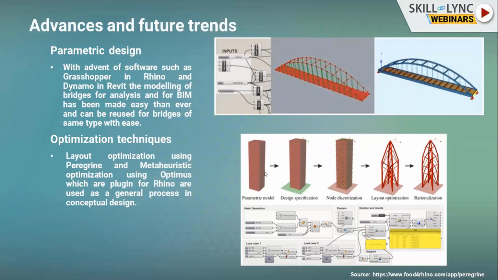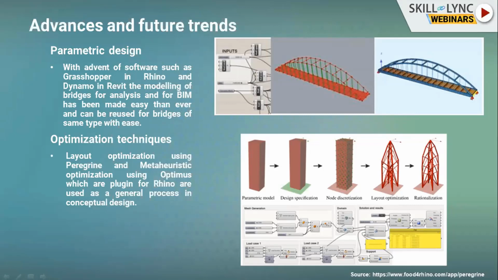That's what we are trying to do with newer software. This is done using Grasshopper, with a built-in software called Paragrain, or there are other methods as well. Paragrain uses an optimization technique, while there are others like Optimus. Optimus uses metaheuristic optimization. This is a more statistical way where it gives particular localized solutions, which might not be the final optimized solution, while this one uses all the methods, but it would take a longer time. Those kinds of optimization are done using this software.